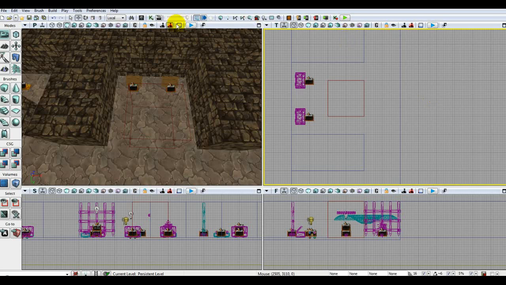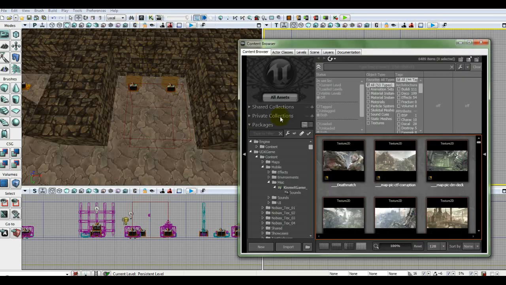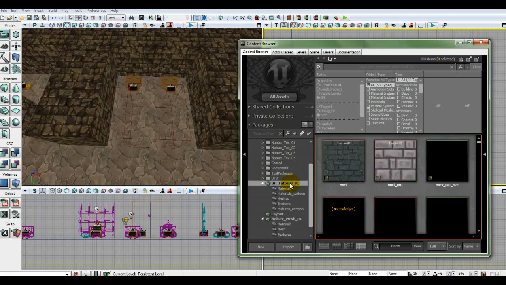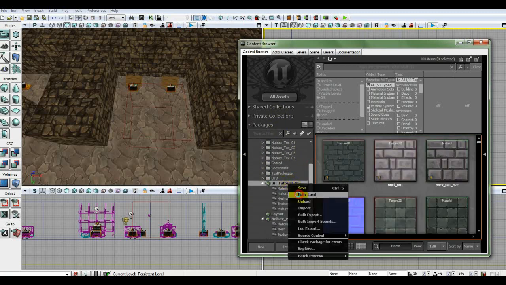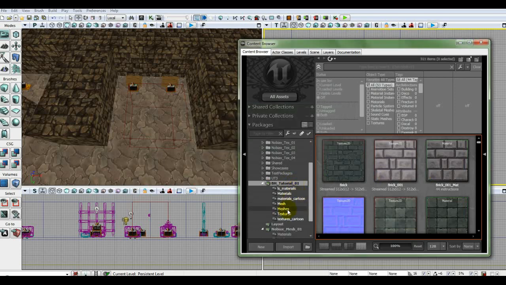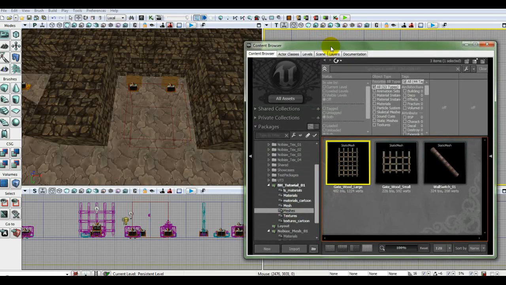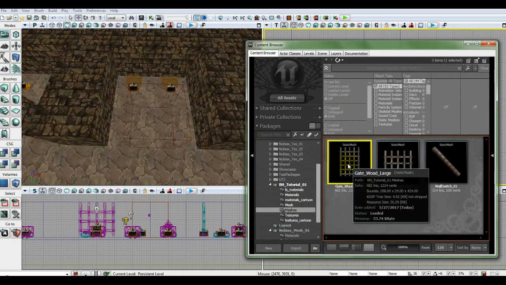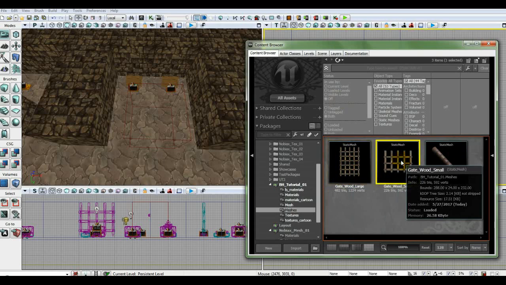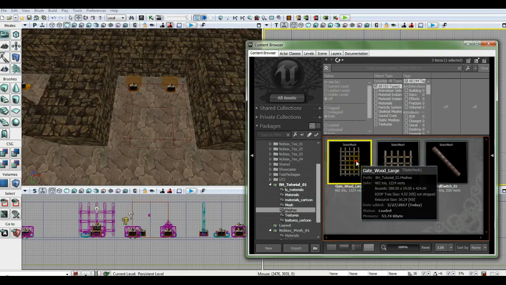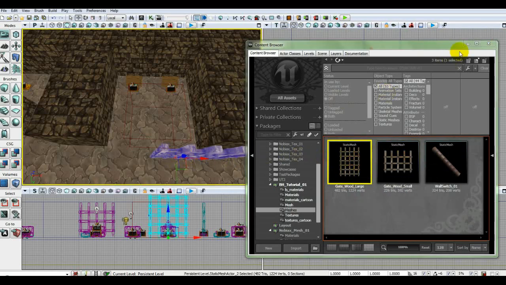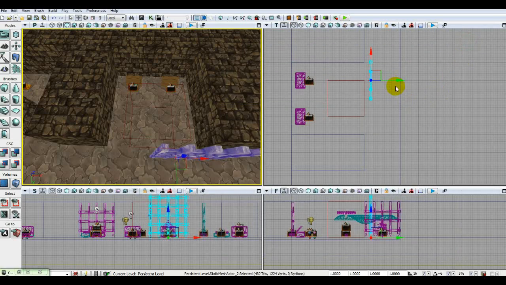Alright, so what we're going to do is open up our content browser. We don't need any sounds right now. We don't need anything in UT3 opened. We're going to grab our tutorial package and fully load it. We're going to go to meshes, and I haven't experimented with this yet, so I don't know if I want to use this gate mesh for the spikes or this gate mesh for the spikes. So let's just go ahead and grab the big one first, pull it in, minimize the content browser, and we're